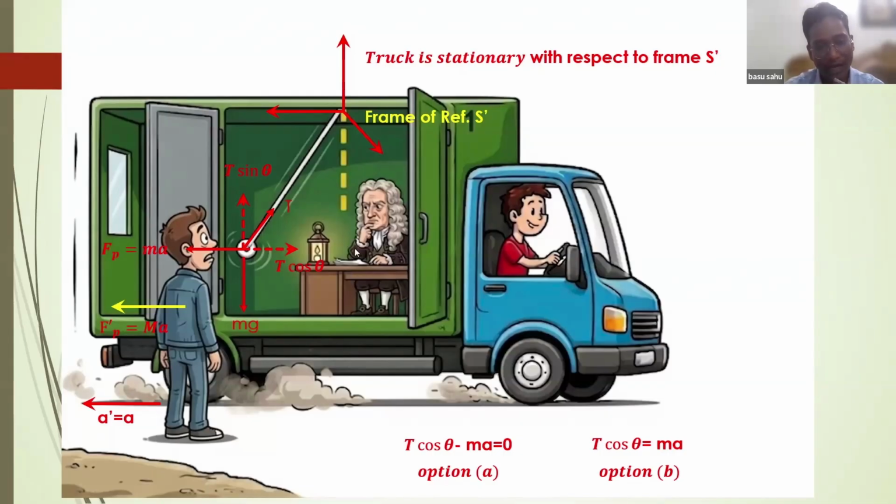After that, if you apply pseudo force here, what will be the effect? This pseudo force will try to turn it, but due to the welding with the roof, it will not allow it to move this way. That means when you draw the free body diagram of this bob along with this rigid body, what will be the forces?